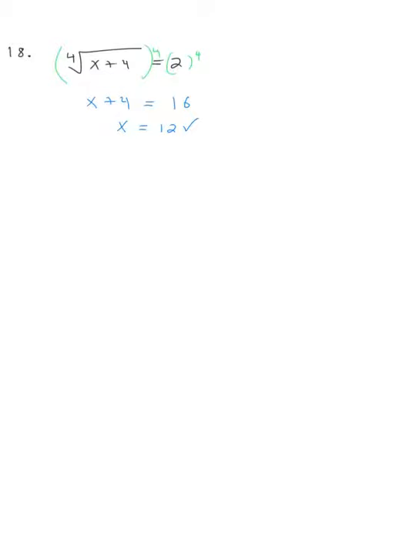Now, if we compare this to, again, really similar here, in 19, the 4th root of x plus 4 is equal to -2. I know there's going to be no solution to this equation, but to see what goes wrong, I will raise both sides to the power of 4. And the thing that goes wrong is, on the right, a 4th power cancels the negative, but it still gives you 16. And when you subtract 4 from both sides, it looks like the answer is 12. However,